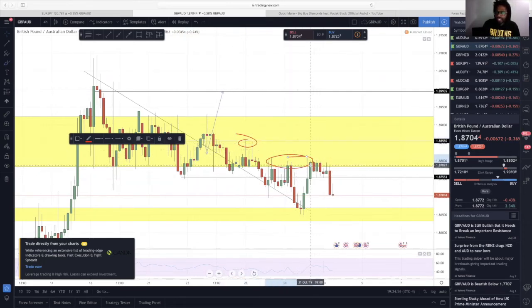Now, I played myself because I was looking for a 4 hour close above this, right? This 4 hour close was just the wick fill. However, it didn't close above. I should have waited for it to close above these previous candle highs, right? So if this candle right here, this one that I just circled, closed above,